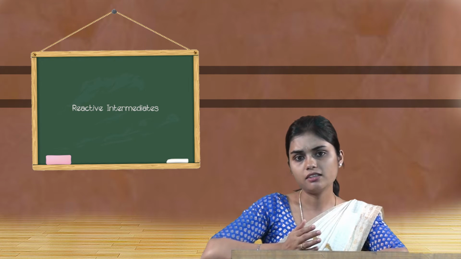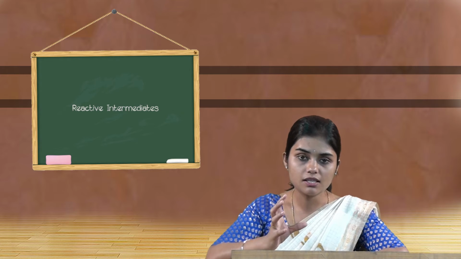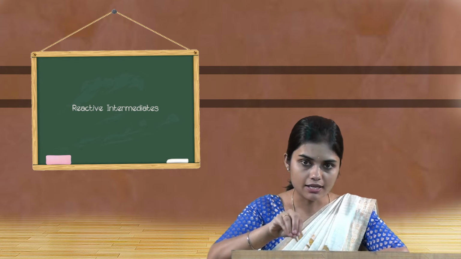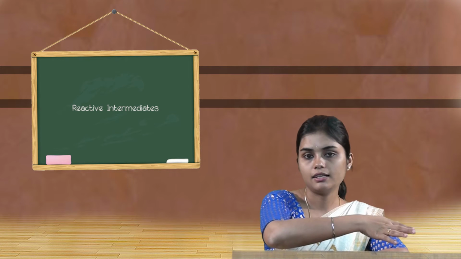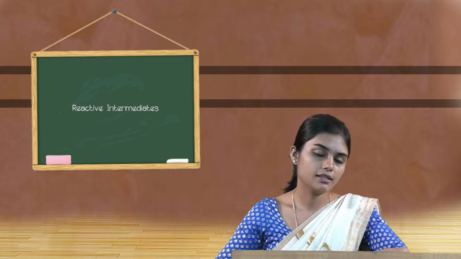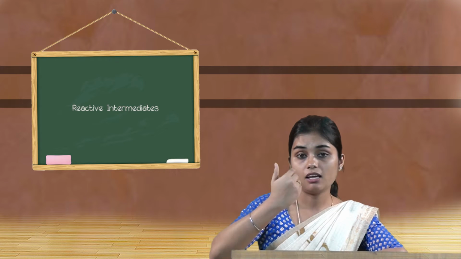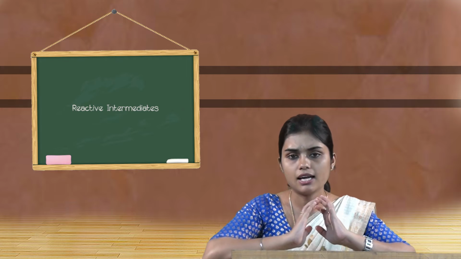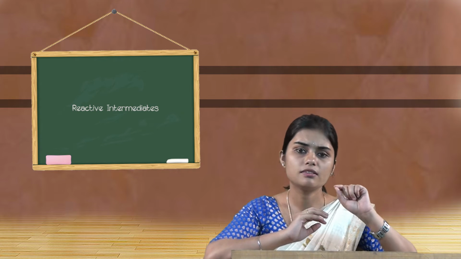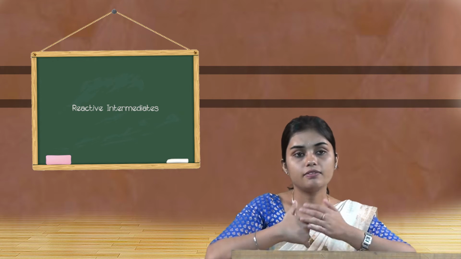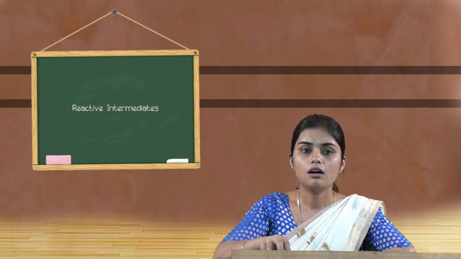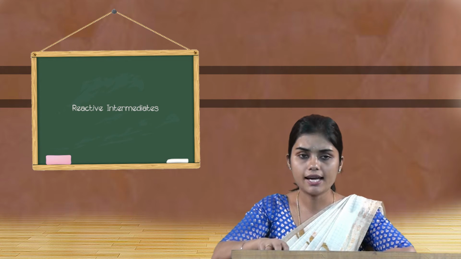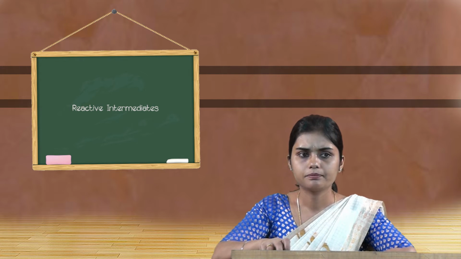So reactive intermediates are the organic species formed in the middle of the reaction rather than at the initial stage or at the end. But as the name indicates, they are highly reactive. Because of that highly reactive nature, the lifespan is very short. So we shall discuss one of the reactive intermediates,